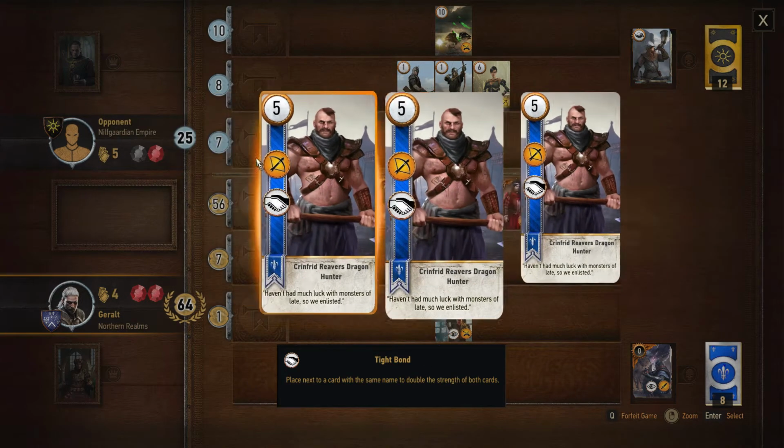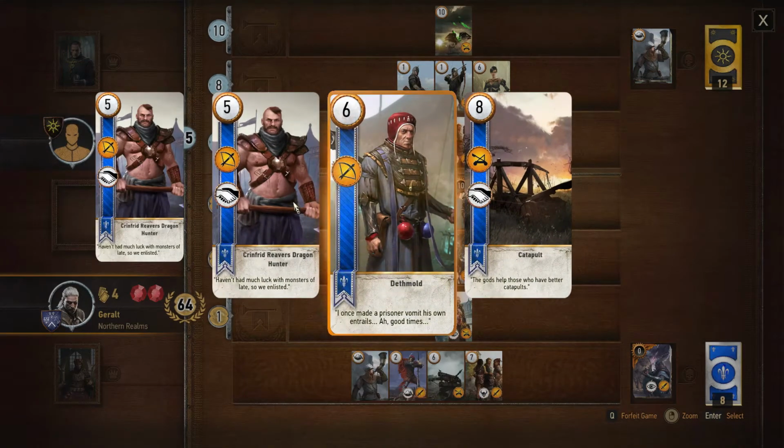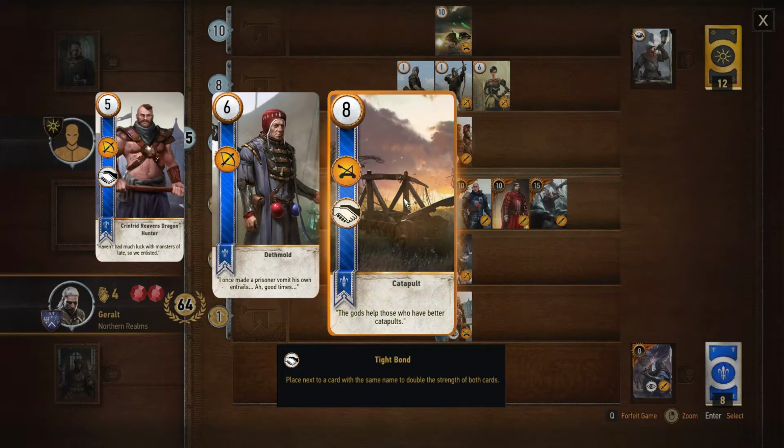So what I want is a low... Wait a minute. Oh, I'm such a doofus! I always forget that when I play spy cards, I play them on the other side of the line. Alright, well that was dumb. Well, we could get 8 points out of it. But I'm thinking...